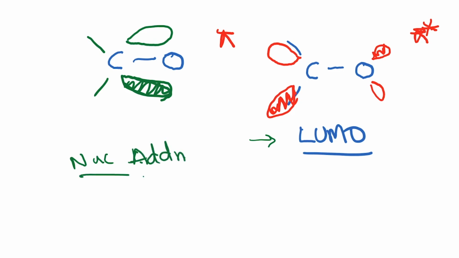The reason is that when a nucleophile attacks, the nucleophile already has a pair of electrons, and so the nucleophile is looking for an unoccupied molecular orbital which it can dump its electrons in, and it can break another bond and form a new bond. Therefore, in the case of the carbonyl, we need to be concerned with the lowest unoccupied molecular orbital. So just to put this back in perspective, here is your C double bond O, and here's the lowest unoccupied molecular orbital, or the pi star, right?